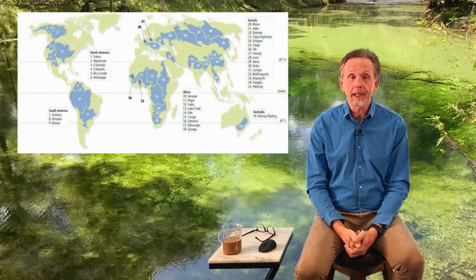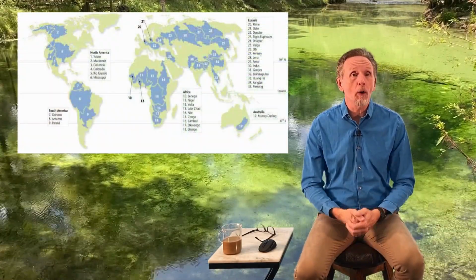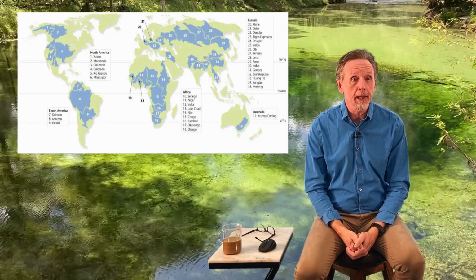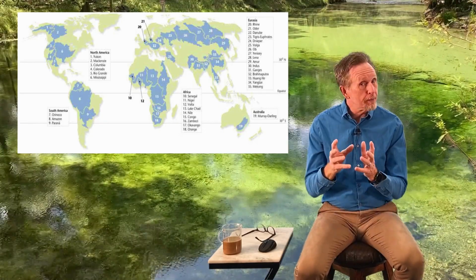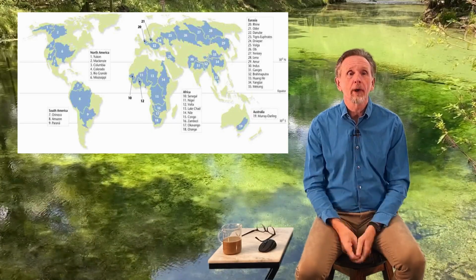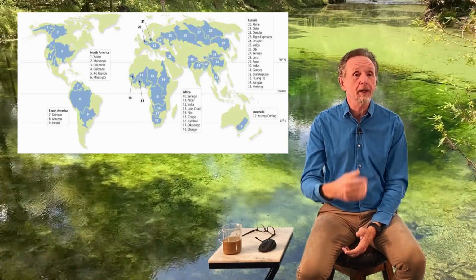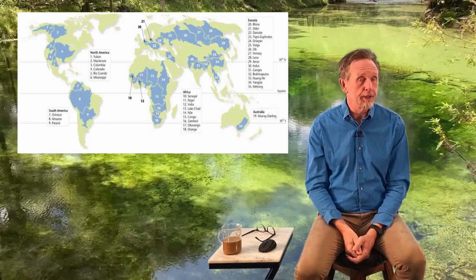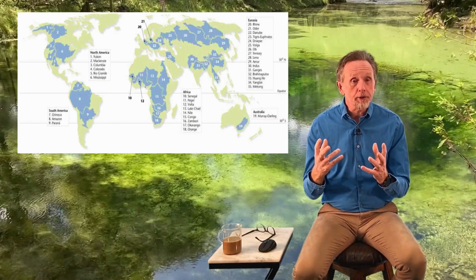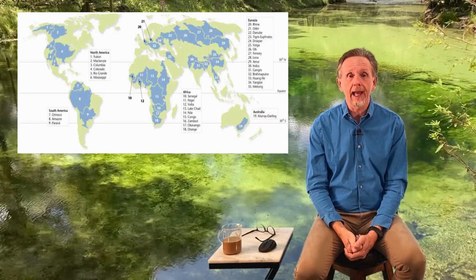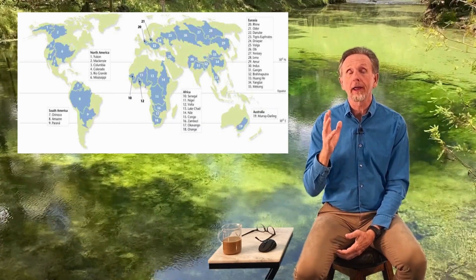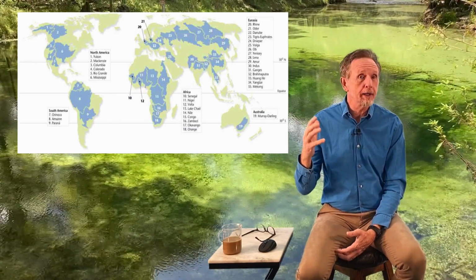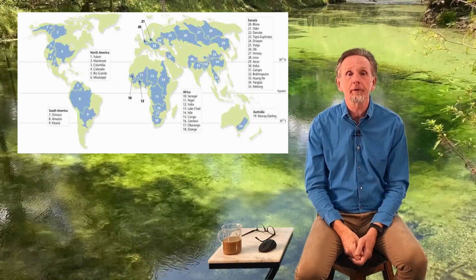The map up here shows the main watersheds on the planet. We can see the Mississippi River Basin right in the middle, and up above in Canada, there's a couple. Down in South America, the largest one there, obviously the Amazon. We can look over into Africa, the Nile, that top part of Africa, right near Saudi Arabia, the Nile River system.